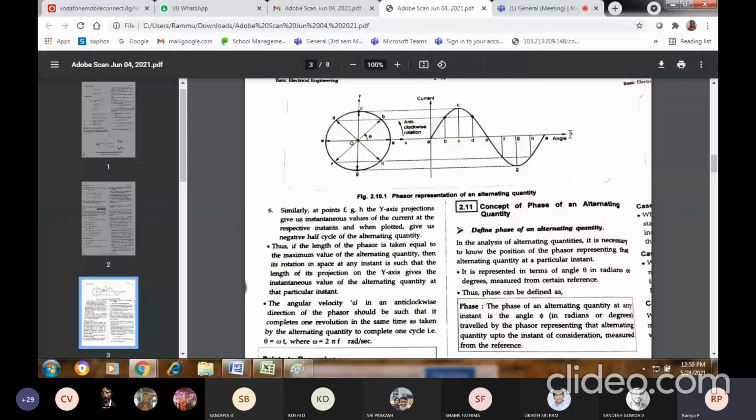If it is sine 2 pi, then you should use it in radians mode. Getting my point? So the next one is